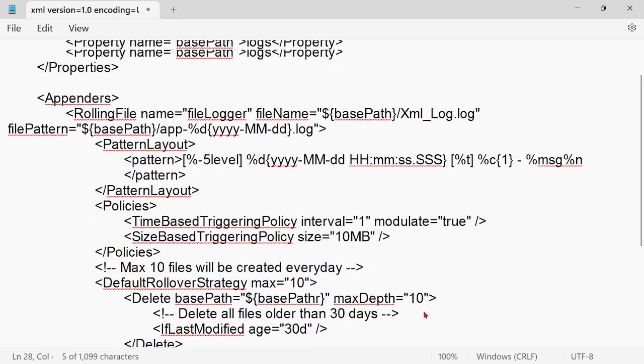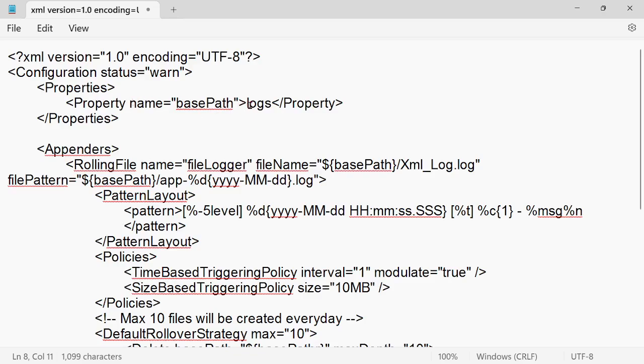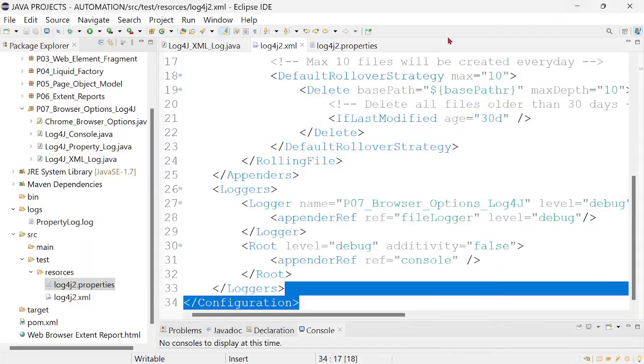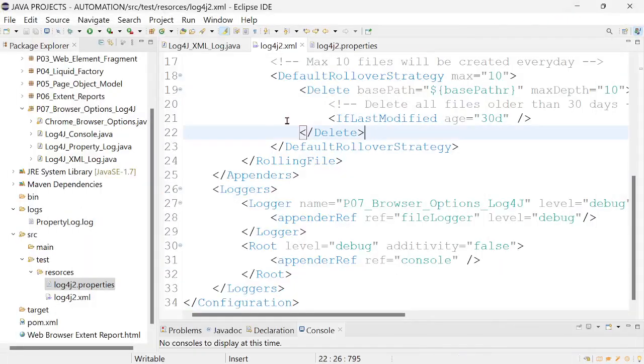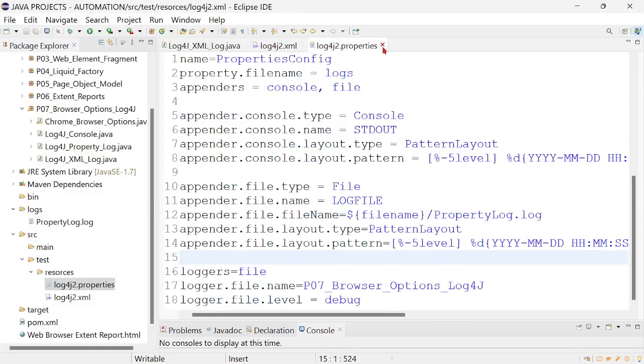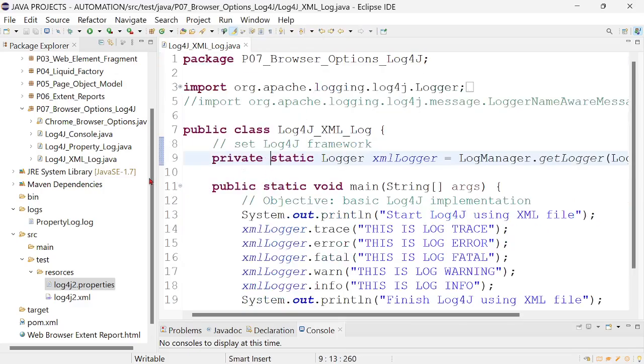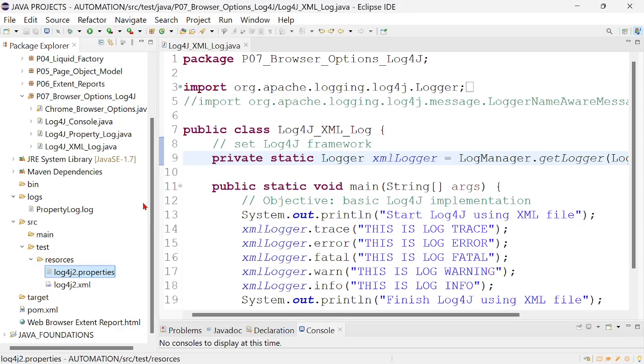Then new file in appender section, new file name and property to logs folder. Okay. Now saved. We don't need this one. We don't need this one. And now we need to, when